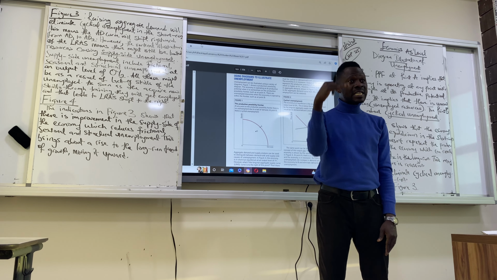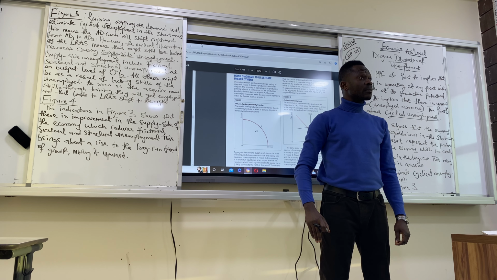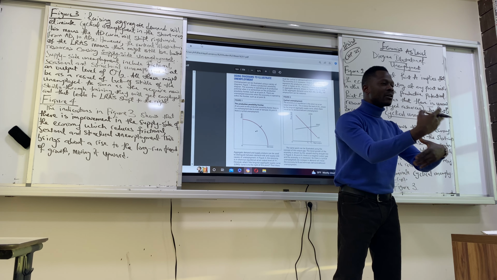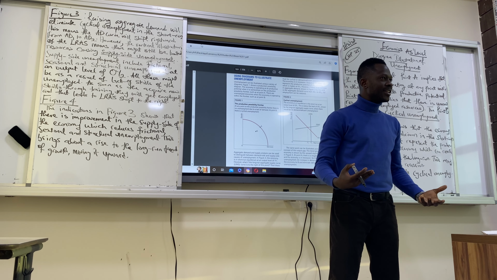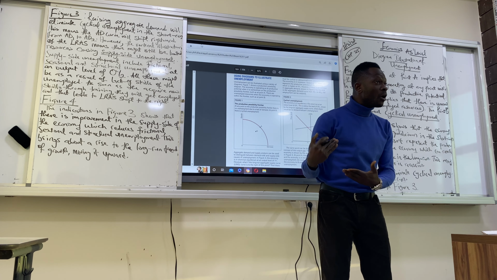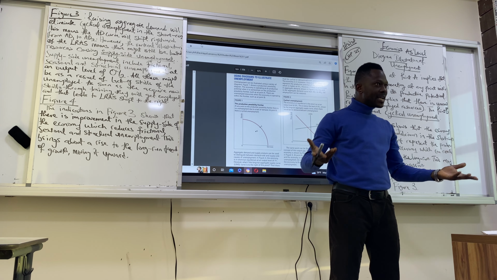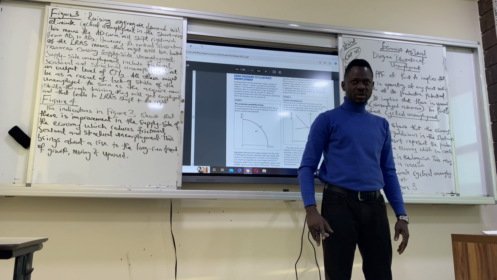So if the aggregate demand in the economy is falling, yes. How can they increase aggregate demand? Government can come up with different policies, like subsidy. With subsidy, prices of goods fall. Yes or no? Then income level will increase. Aggregate demand will increase. Do you have any other question?